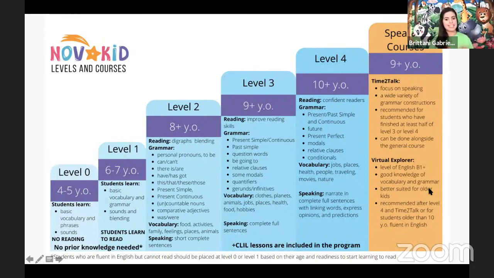At the same time, I definitely agree with what Wendy is saying about the Virtual Explorer lessons. At this point, I feel like I have taught almost all of the Virtual Explorer lessons. The last one I taught was on music, which I believe is near the end of the course. Now, the Virtual Explorer lessons have a lot of vocabulary and a lot of information. And sometimes, even myself, I'm like, I don't know how to pronounce this word.